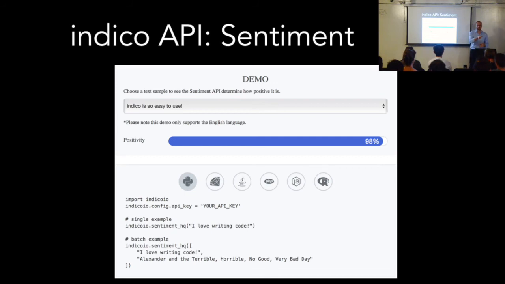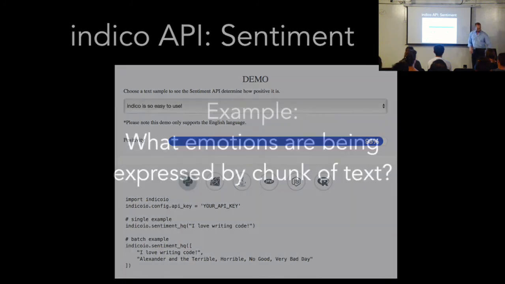For folks like Colleen in the room, who does front end, design, marketing, etc., this is how you do it. One line of code, actually. You import the library, this is Python, you define your API key, and then you have a single example you want to pull in and analyze for sentiment, or you can do it in batch. That's it. This is the way you should think about the problem, regardless of what API you want to use.